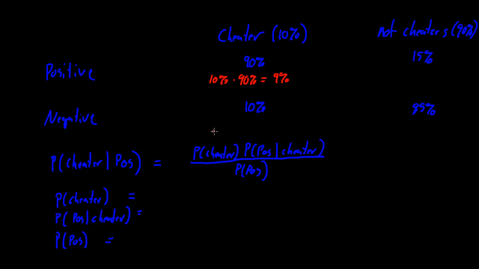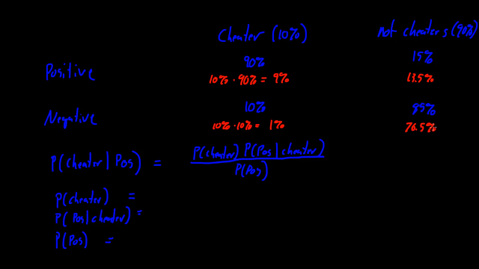And we just walk through and do this for the rest of our table. We have 10% times 10%, which gives us 1%. We have 15 times 90, which gives us 13.5%. And we have 85 times 90, which gives us